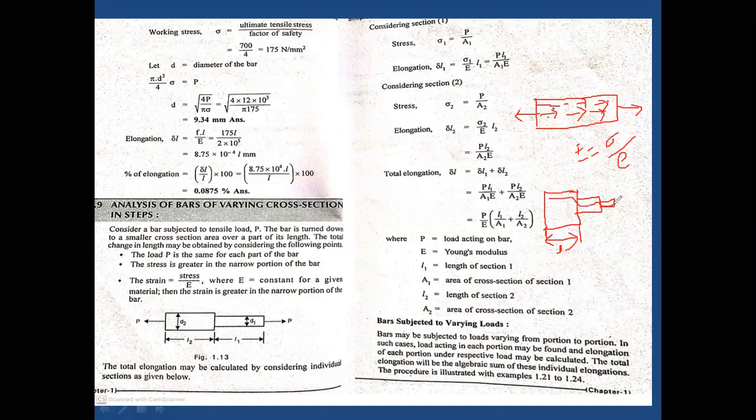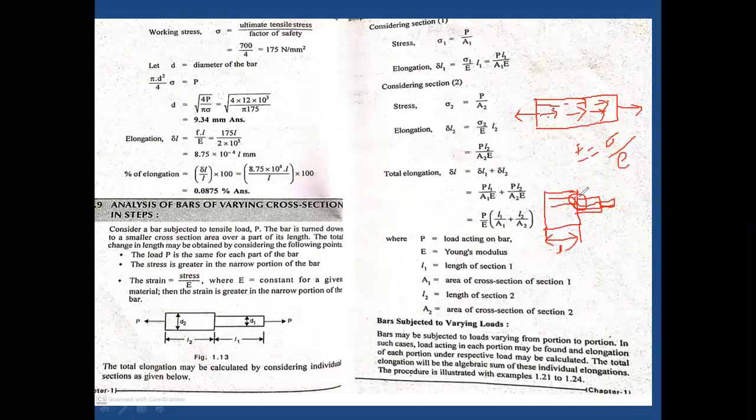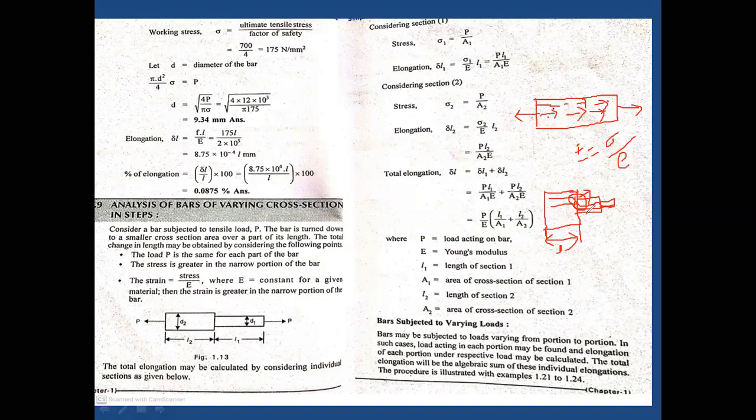At a particular point, the stress distribution will be very high. The stress concentration will be high. So we can predict whether the material can sustain the loads or not. In that particular situation, the failure will occur. We can predict the failure during the application of the load. Here is the analysis of bars of varying cross section.